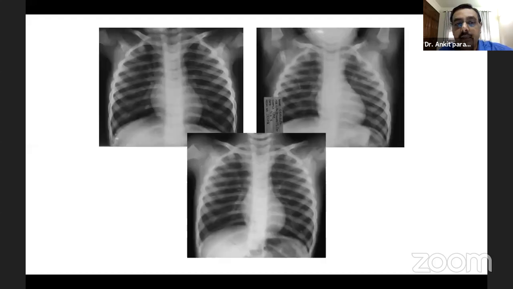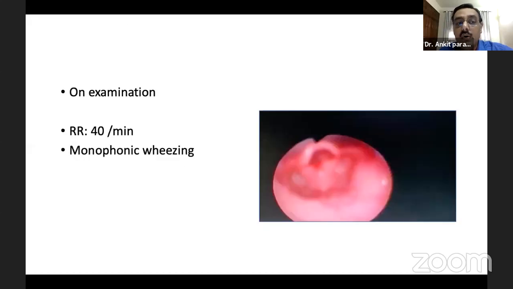That's very rare. 3 X-rays, all X-rays, you can pass them off as normal, but you can also say that there is some degree of hyperinflation and flattening of diaphragms in all X-rays. So why is that happening? So no fever, no signs of infections, but noisy breathing is still there. Now, again, there's a monophonic wheezing, and that led us to do a bronchoscopy, and I'll show you a small